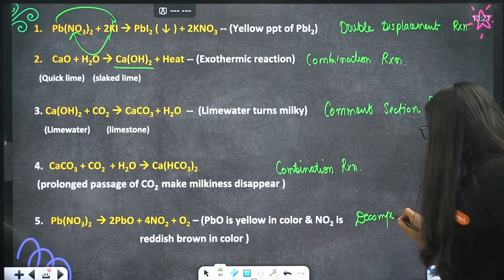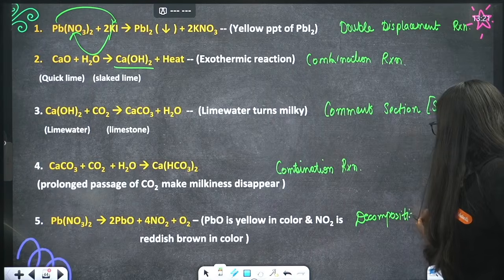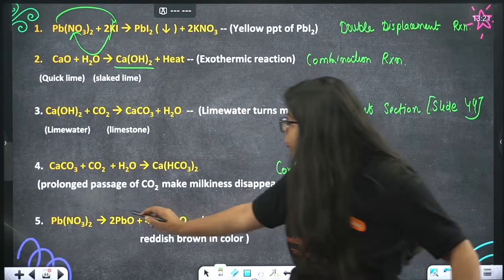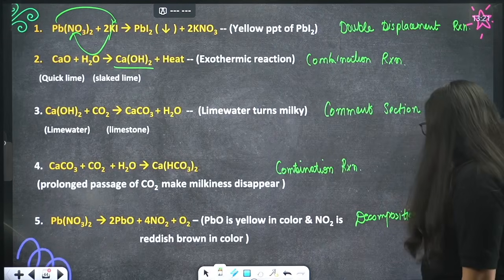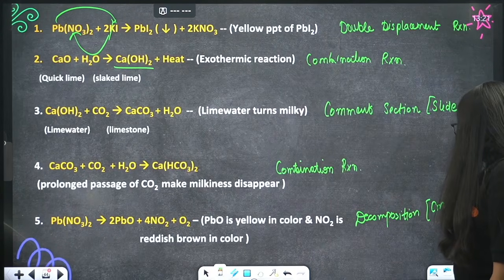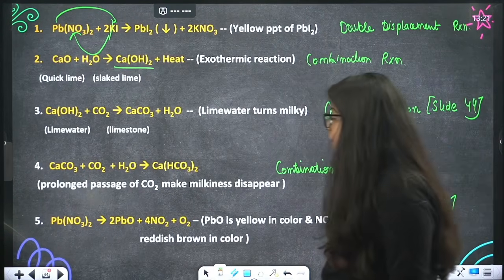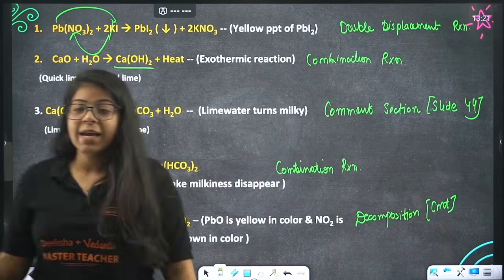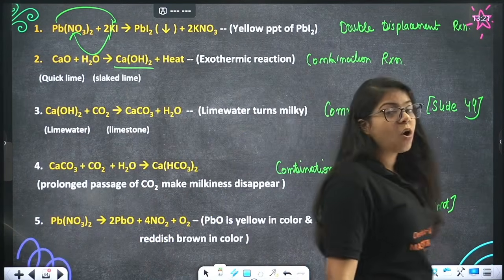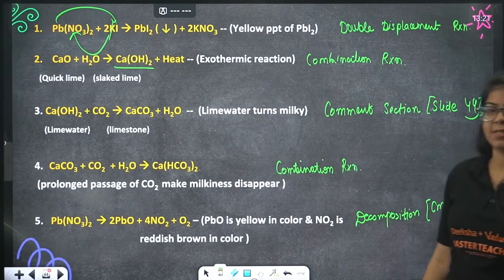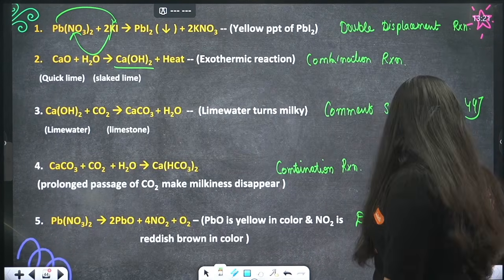There is one single reactant and it is breaking down into two or more products, which is a decomposition reaction. And again, comment down which decomposition reaction this is. Is this thermal decomposition, photochemical decomposition, or electrolysis? Done? Okay, next we have